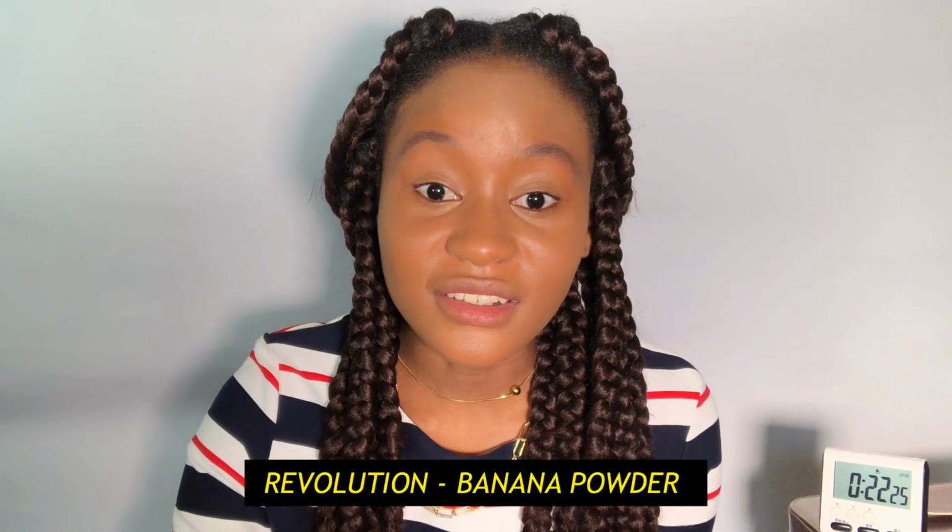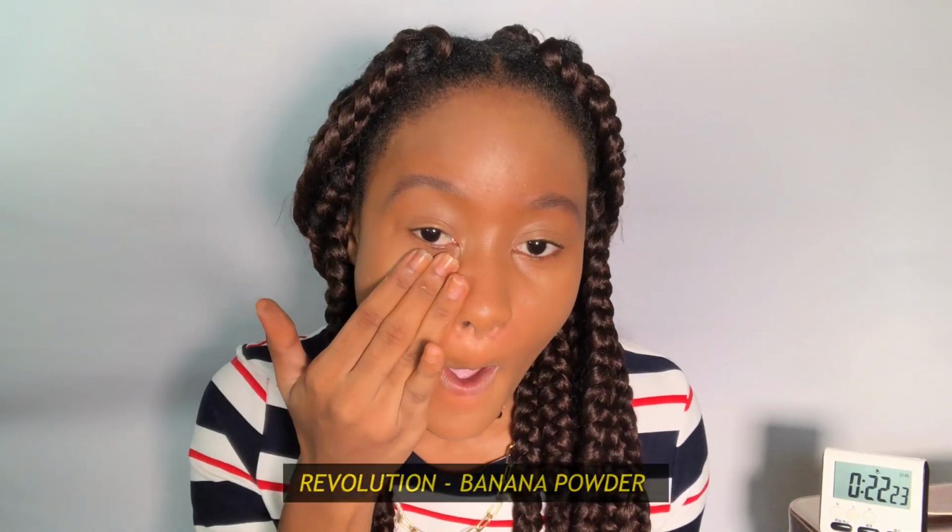Now I'm gonna use this powder from Revolution. No. Oh my gosh, I'm baking, guys. If you don't have a beauty blender, or if you don't have any brush, you can still achieve a beautiful makeup look. What am I doing? How am I gonna remove this powder? I don't have a brush and I'm applying some...